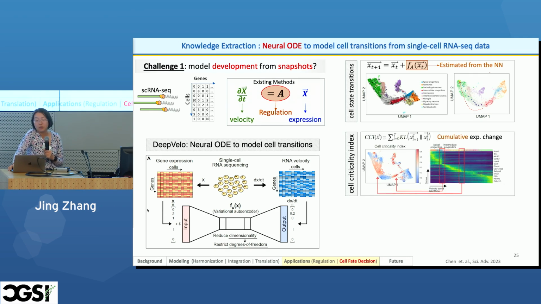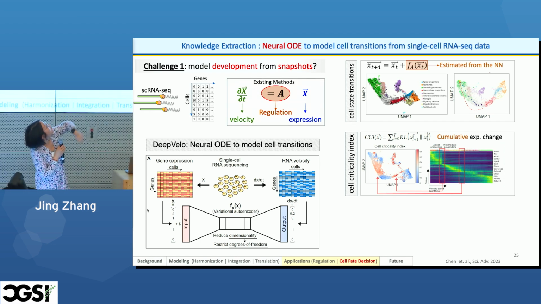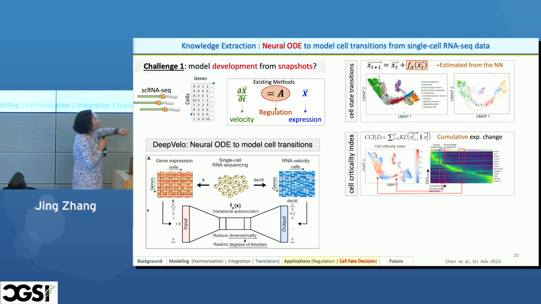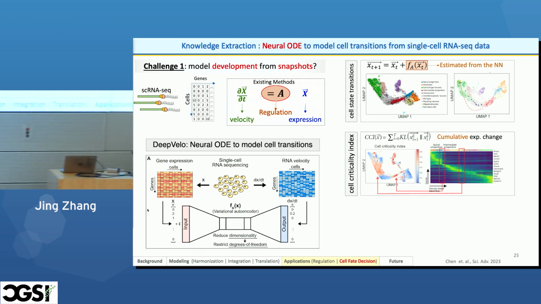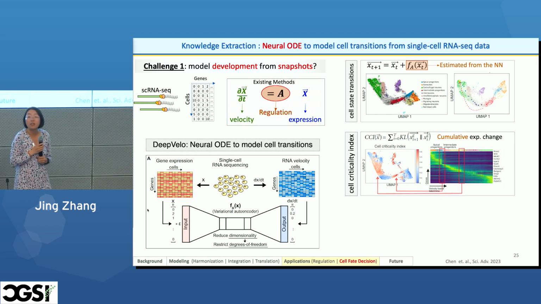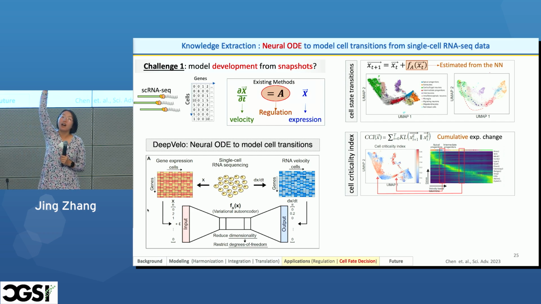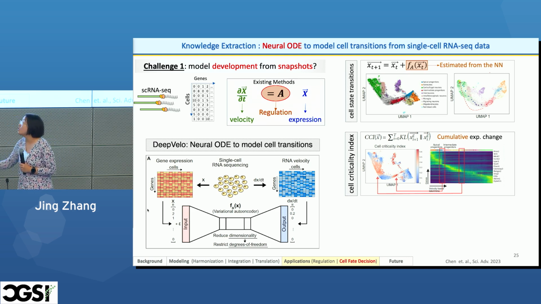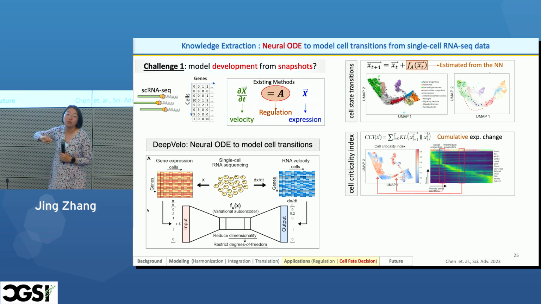So it has different applications. For instance, it can help us to model cell state transition. Another important thing is it can find the critical cell state index. We call it a CSI. So imagine that you are taking a roller coaster. The highest point of the roller coaster is actually a very important point because you know in a short amount of time, you're going to experience a high velocity change. Right? So this is similar in cell development.